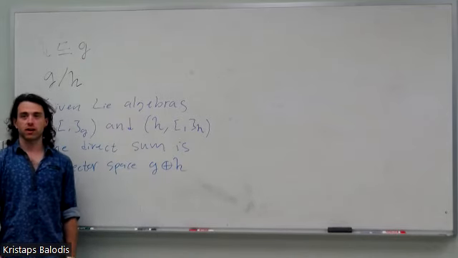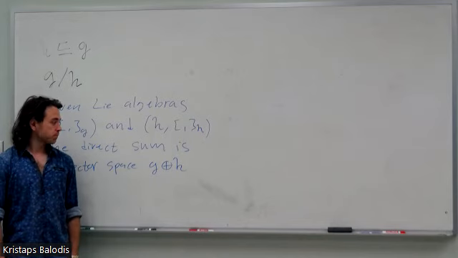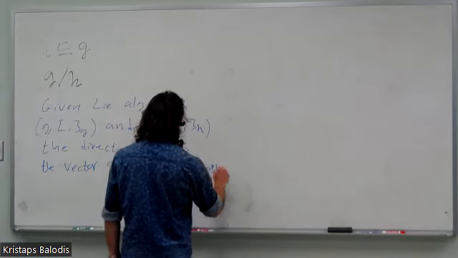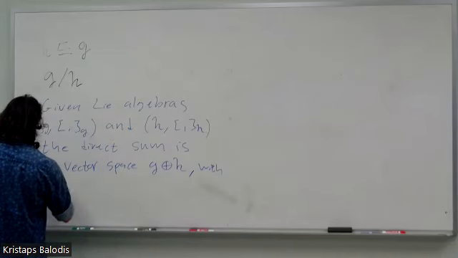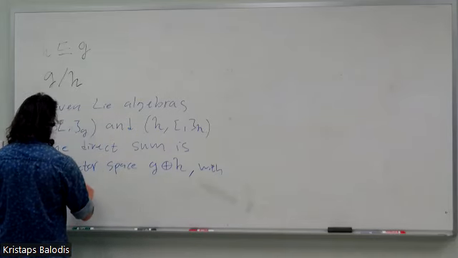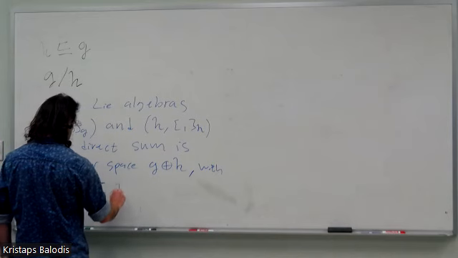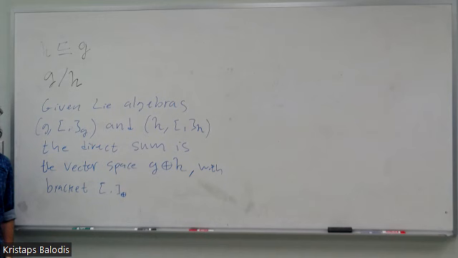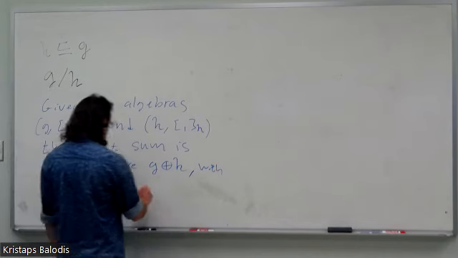That would be our underlying vector space, with bracket, just to be really pedantic in my notation, I mean, normally we drop all these symbols, but I'll even put a little plus thing down there, defined by